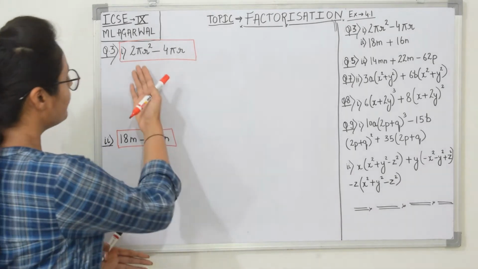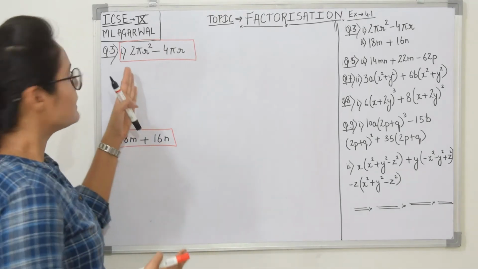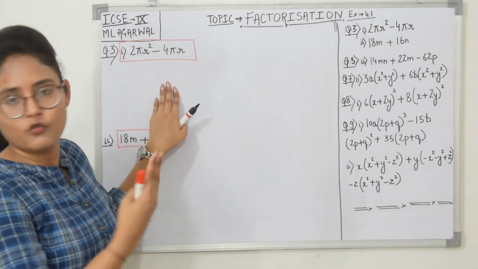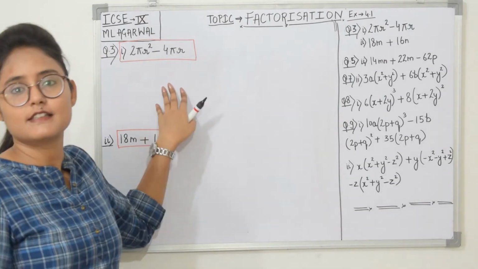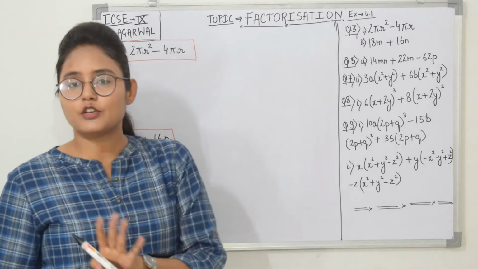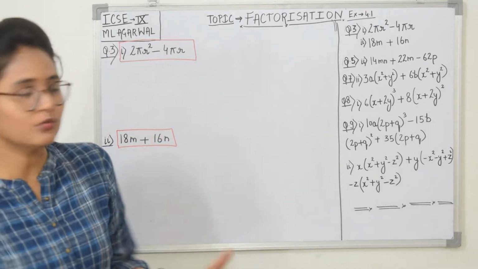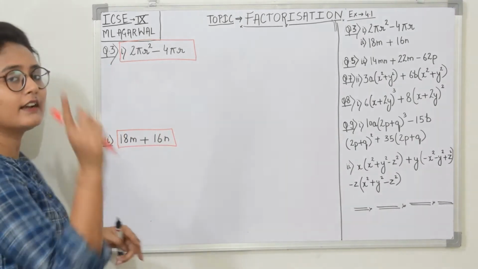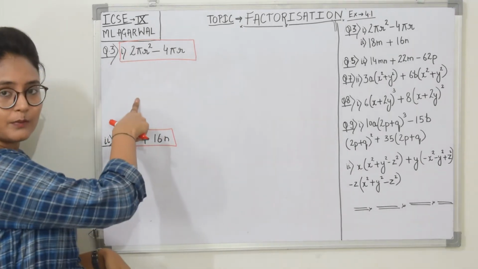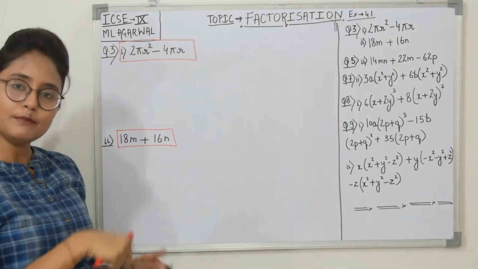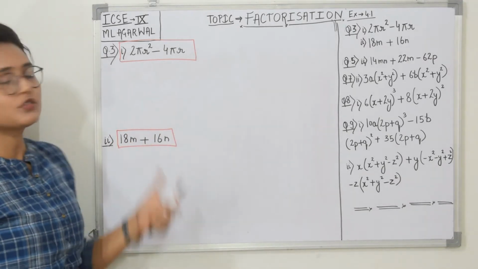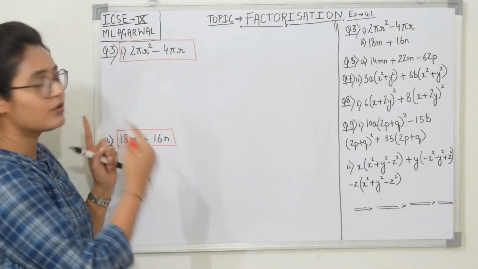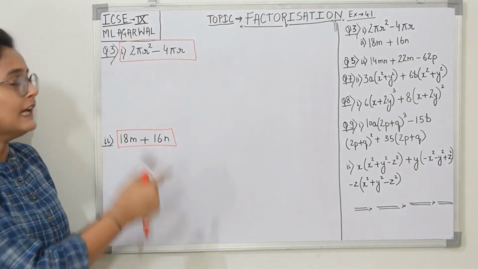So here we have just taken pi. This is the same pi you came across in your chapter on volume and surface area, calculating radius and diameter, where pi is equal to 22/7. About that you don't need to worry. You just have to consider it as a variable in this particular polynomial, follow the same approach of solving the questions, and there will be no difference in your answer. You just have to consider it as a variable only in this question.